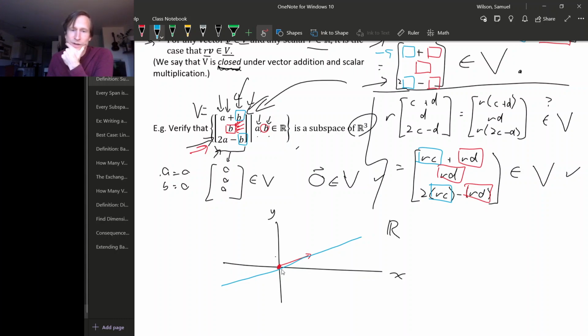And so if there's a non-zero vector in a subspace, then it has to contain the whole line. The subspace has to contain the whole line parallel to that vector, the line through the origin parallel to that vector. Okay, what if